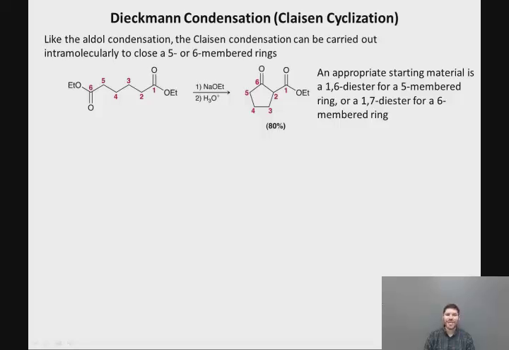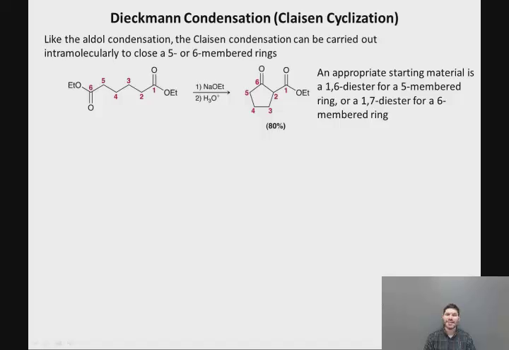In this case, we have a 1,6 diester. Okay, so 2 esters, and then there are 4 carbons in between the 2 esters. So if you take this starting material and treat it with sodium ethoxide as a base, remember we need to use ethoxide as a base if we have ethyl esters, methoxide as a base if we have methyl esters, etc. So treated with sodium ethoxide as a base, followed by the necessary protonation in order to generate a